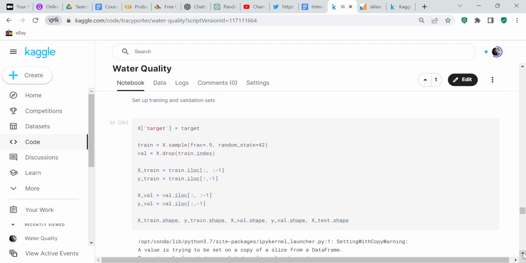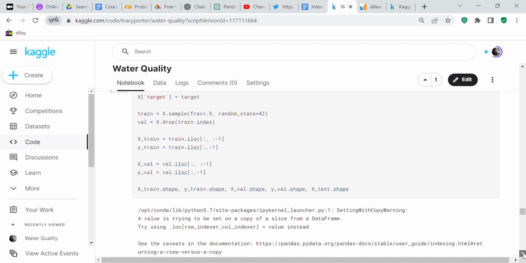So now we're going to set up our training and validation sets using x, and when you do that, we have to take the target and attach it to x. So x target equals target. We've already done that. So then we set up our train.